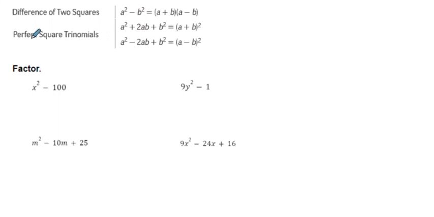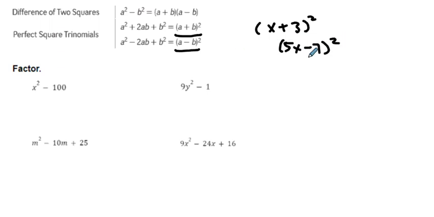Okay, now we're going to talk about perfect square trinomials. The reason they're called that is because when you factor them, they make these things right here. So you get something like x plus 3 squared, or 5x minus 7 squared, or it could really be anything. When you see the factored form, it doesn't present itself as any kind of square numbers, but